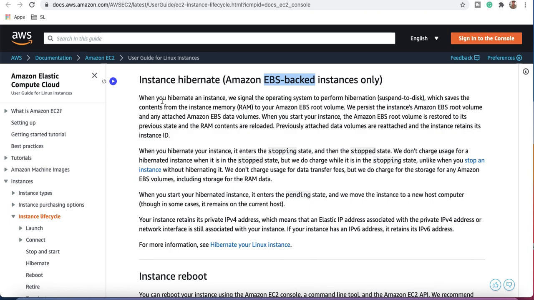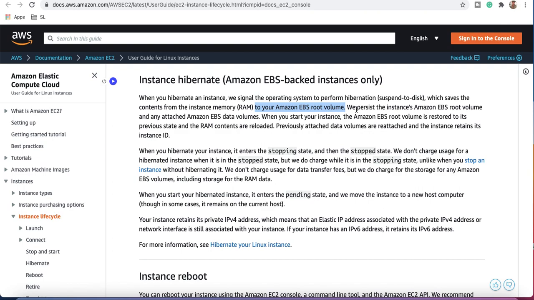When you hibernate an instance, we, meaning Amazon, signal the operating system to perform hibernation. Suspend to disk, what does it mean? It means all the data which is available in your RAM will be written to your hard disk, right? So that disk should have that much additional space available in the root volume. Whenever your instance prepares for suspend, it will write all the data available in your RAM, or you can call it memory, to the root volume.